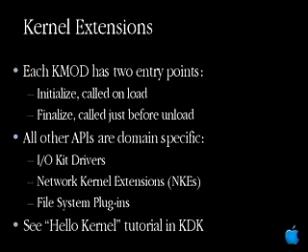Each kernel module actually has two key entry points that are common to all of them: an initialize, which is called on load, and a finalize, called just before unload. All other APIs are very domain specific. For IOKit, there's a whole set of interfaces that are driven around the family interfaces and between the driver and the specific family. For the kernel extensions, there's a whole series of interfaces that you need depending on where you're plugging into the network stack, and file system is part of the VFS plugin model. So again, for details on how these things work, you need to go to the specific sessions.